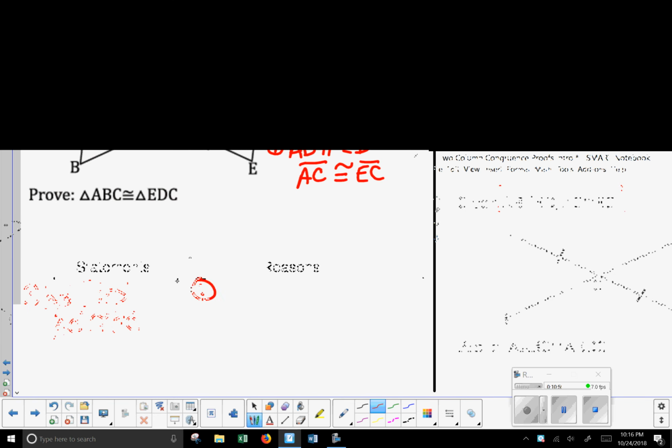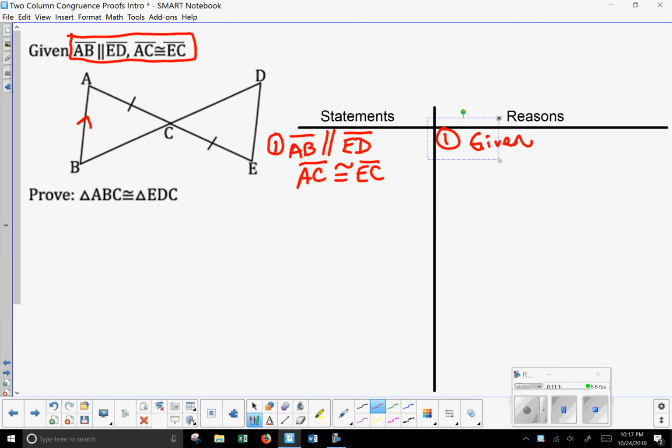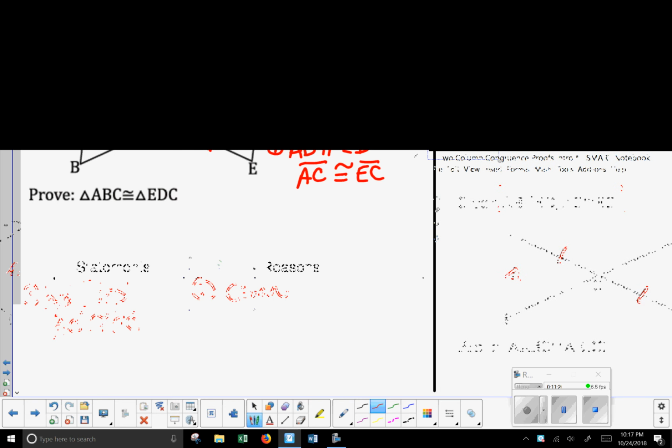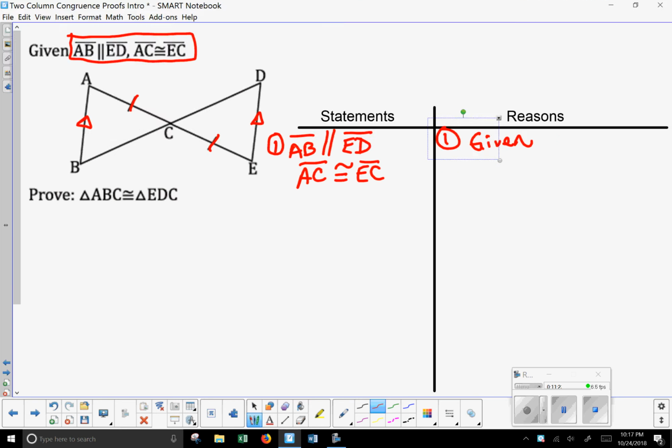My reason that I know that's true is because it was given to me. Okay, so I've got AB parallel to DE. I just marked it. AC is congruent to EC. That is also marked. What else did I say I knew? Well, I said the parallel lines gave me angle A congruent to angle E because the parallel is going to let me say